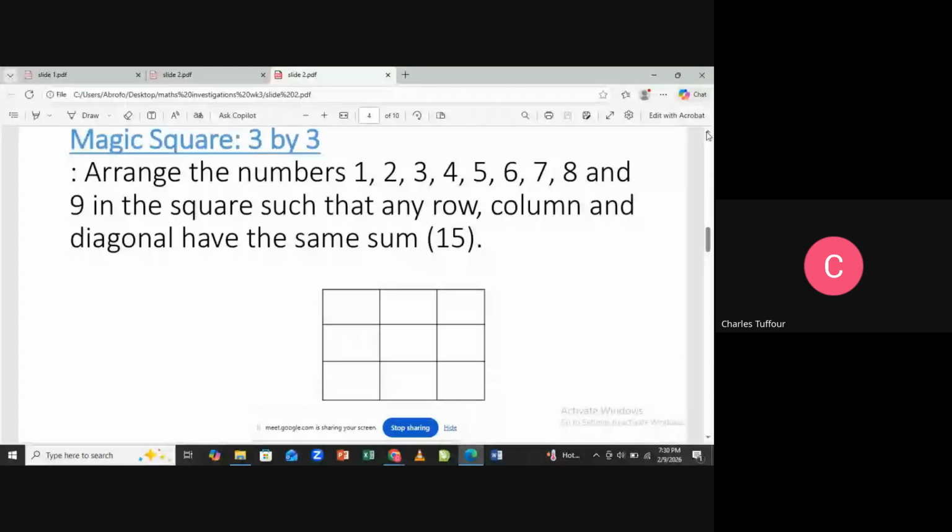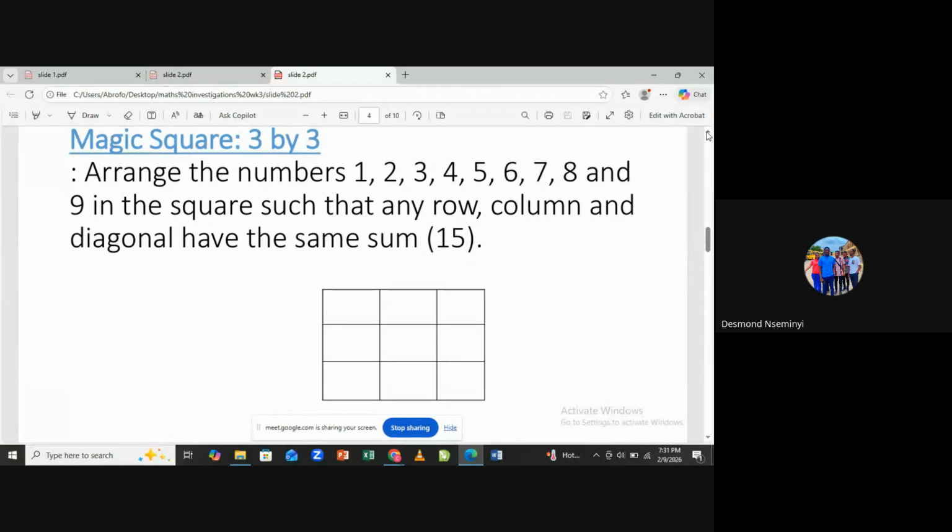Okay, I'll try again. Mine is ready. First row: I have 2, 9, 4. Good. 2, 9, 4, 15. Second row: 7, 5, 3. 15. Last row: